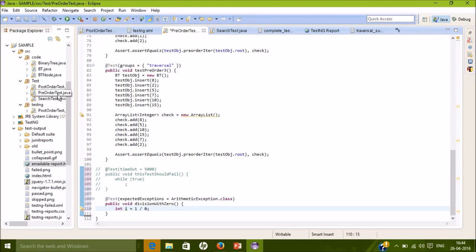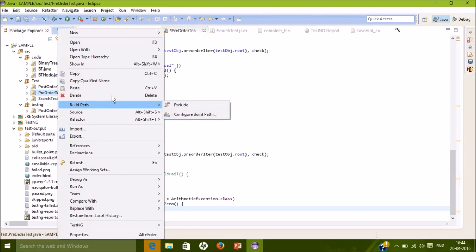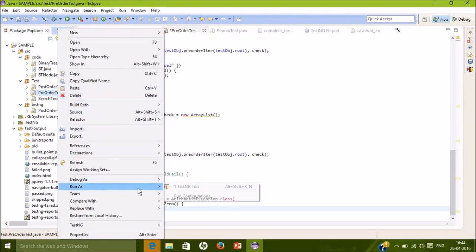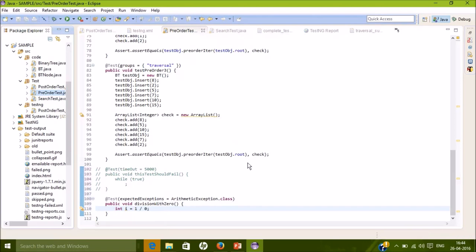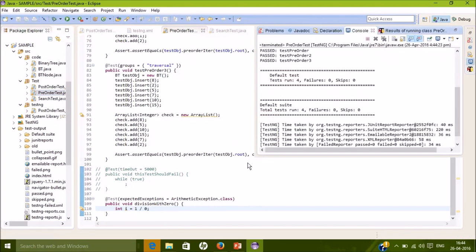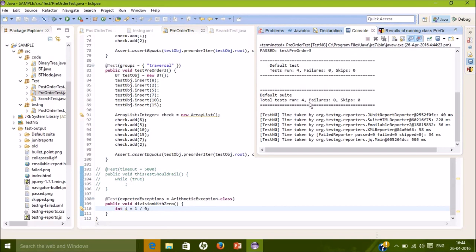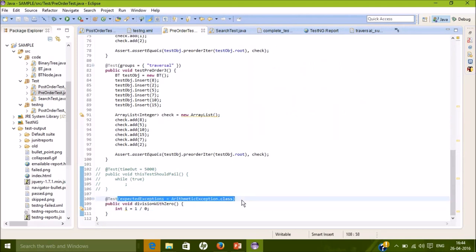So I'll just run this class. Four tests have run and 0 failed. Okay, so let me also make this method give an error. Now that I have removed that exception, this method will give an error.